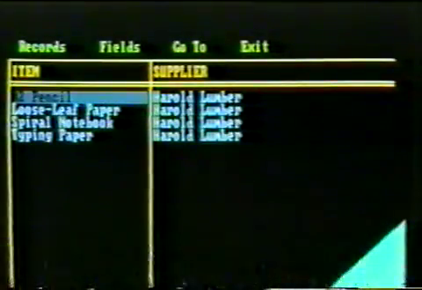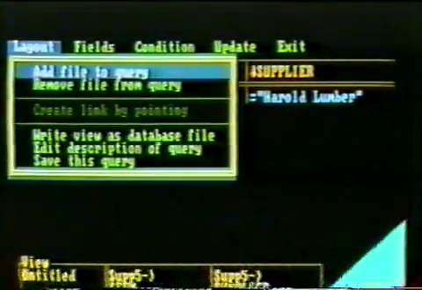Shift F2 takes us back to the design screen. Before we save the query, let's add a file description. We hold Alt and press L for the layout menu. Then E for the file description. Here, we type, products ordered from Harold Lumber,